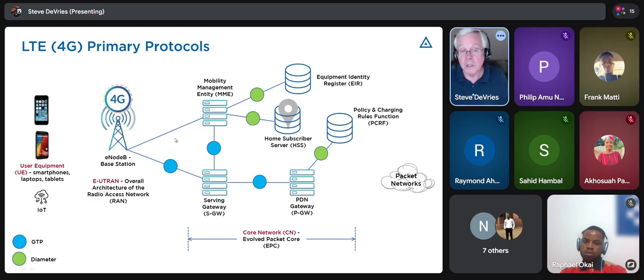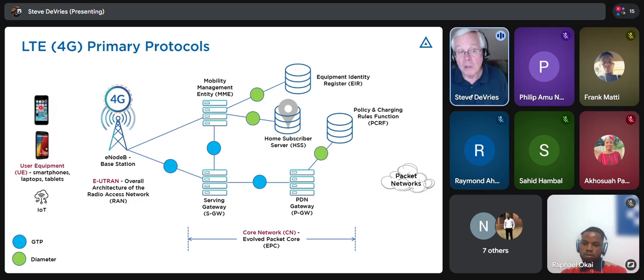The signaling. Your signaling now is diameter. Instead of SS7 controlling the mobile, instead of SS7 doing the mobility management part for the mobile, there's a new protocol called diameter. And you still use GTP.